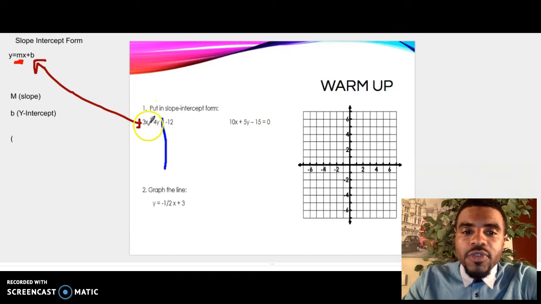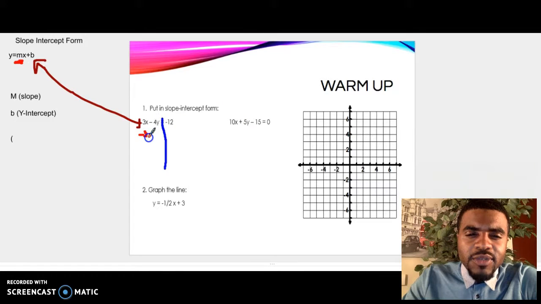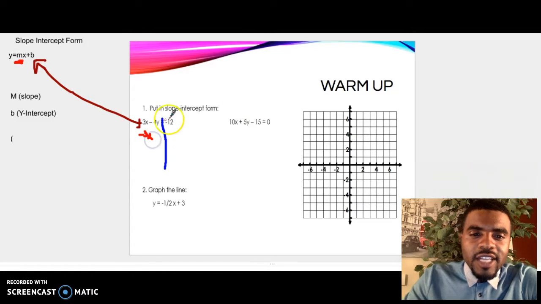So in order to move the 3x to the other side, I'm going to subtract it. I'm going to do the inverse. So I'm going to subtract 3x on this side, and I'll try to write that a little bigger here. So I'm just going to subtract 3x on this side. Now, since we did the inverse, this cancels out. So now we have negative 4y equals negative 3x